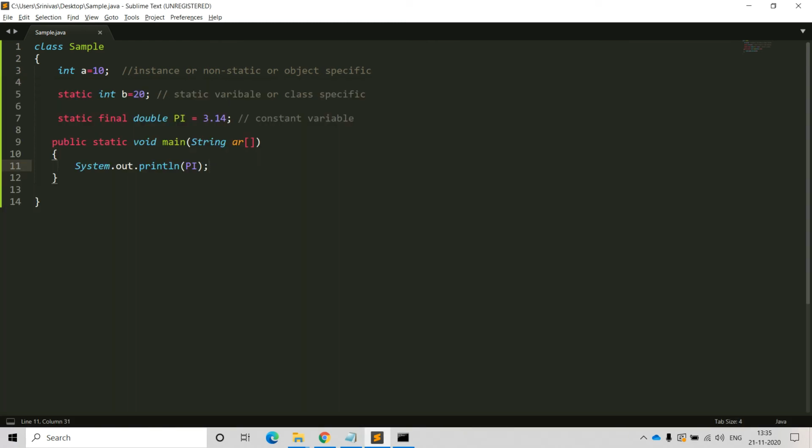And here, one of the important rules that we have to follow at the time of defining the constant is that at the time of declaration of the constant itself, we have to assign some value, otherwise it will not accept. So here I am declaring the constant variable pi, but unfortunately I did not assign some value. I did not instantiate that particular constant variable. Then whenever we try to use that constant variable, we are going to get a compile time error. So it will not accept.